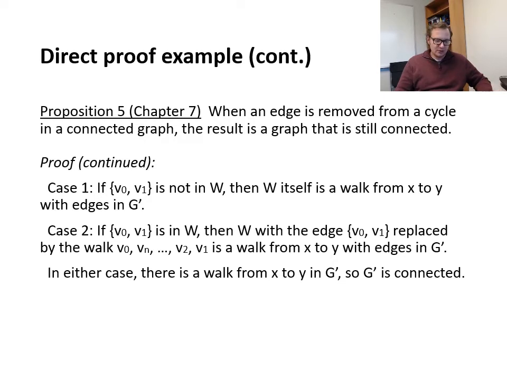So in case 2, if the V0, V1 edge is in W, then this walk W with the edge V0, V1 is replaced by the walk V0, Vn, V2, V1, which is a walk from X to Y with edges in G prime. So the addition here is that